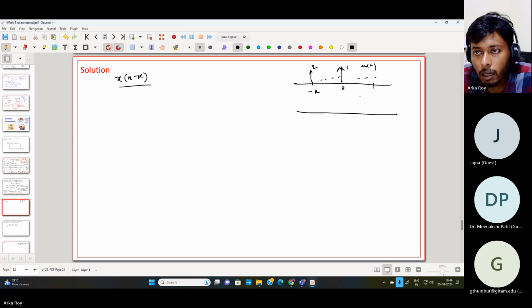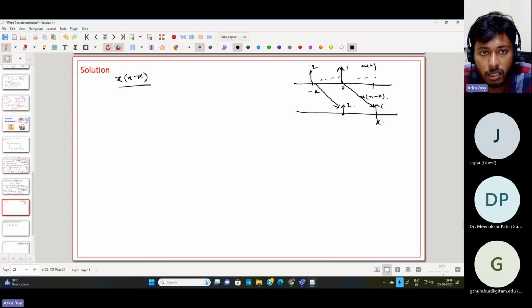So I have to find x of n minus k. That means the 0th sample will go to the kth location, and the minus kth sample will go to the 0th location. So that is what I am saying, that x of minus k, when I input this particular thing into the